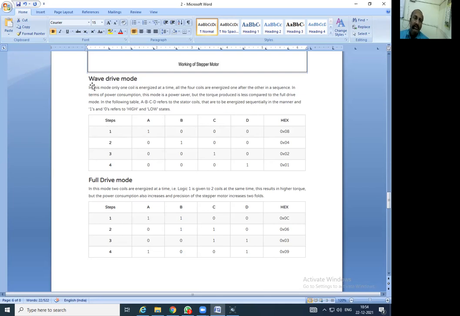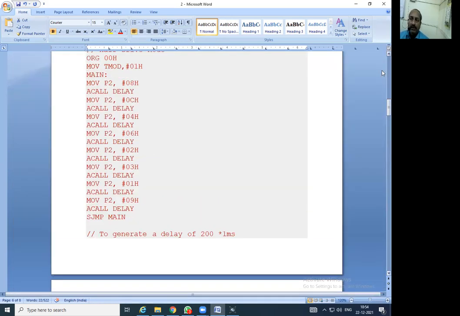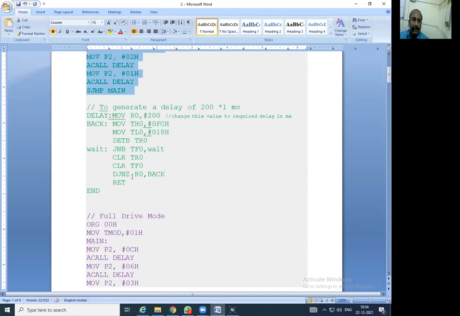Right now we are looking at the wave drive mode, so that is why this code has been added in the assembly code. Then this is the delay code, and this is where the program stops.